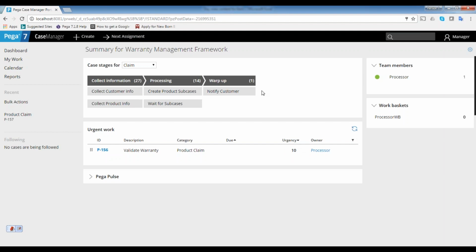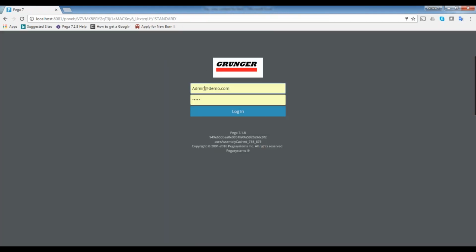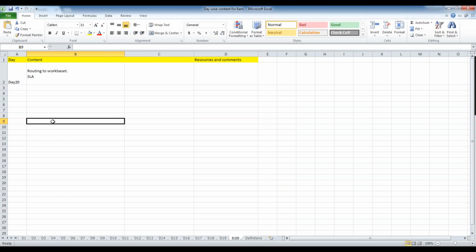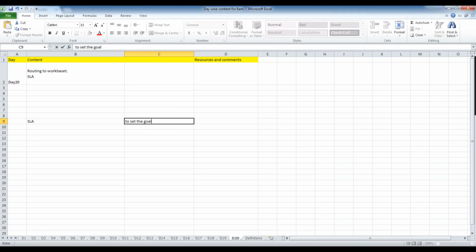item first. So to increase the urgency, technically, if we want to achieve that, we can go for SLAs. In the SLAs, you can not only increase the urgency, you can also do escalation actions, which we will see how to do. The main aim of SLAs here is to set the time bounds, to set the goal and deadline timings.